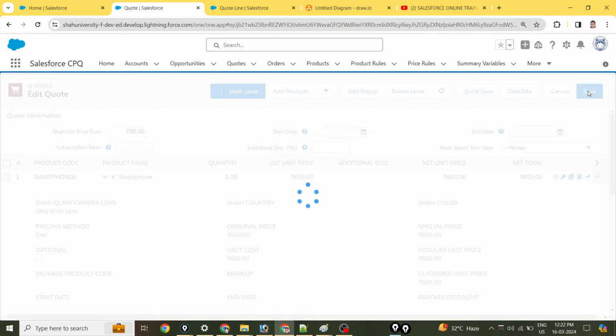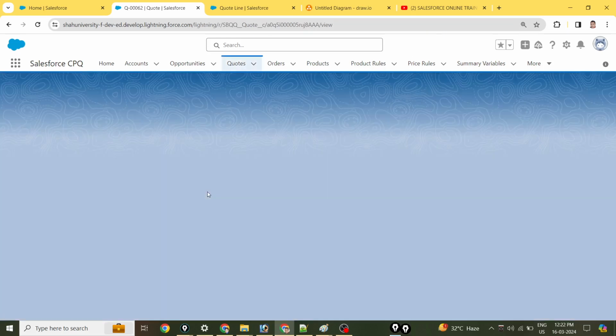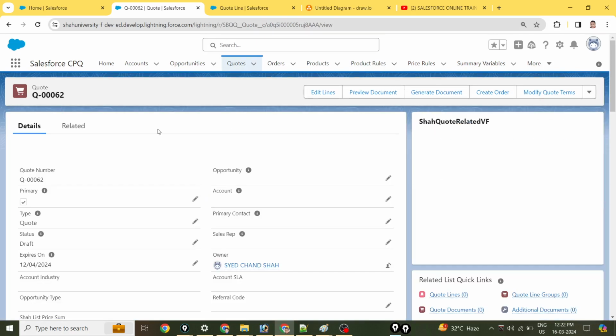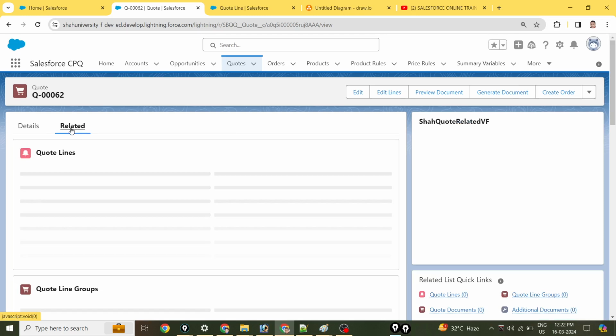So you save it. Now the quote line is saved to the quote. Till now it is not saved or not committed. It is just taking the value from there to here, the product options value, to the quote line. The quote line is not saved unless and until you save it. Okay, if you go to the related list and see the quote lines,